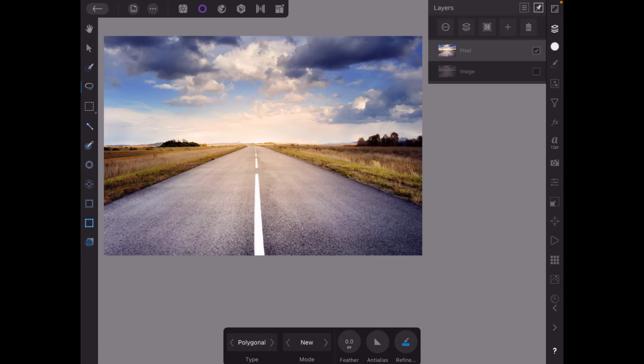So I'm just going to click a start point right on the left of the image, as close to the edge as I can get, and just on the edge of the road. So I'll click there, and then click once into the distance where the road reaches that distance, and then just come over slightly and then back down to